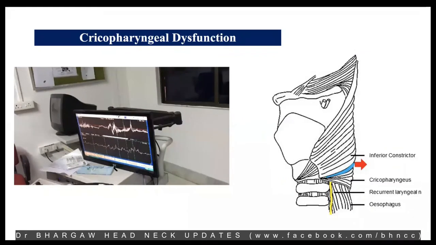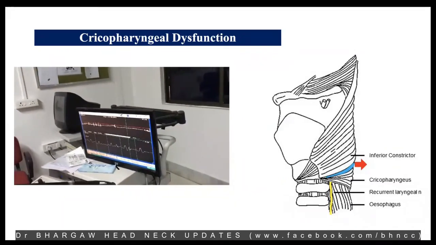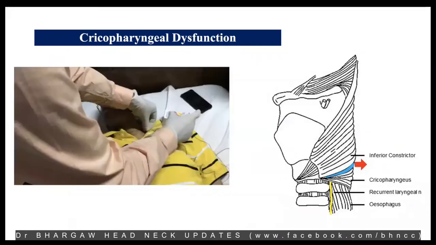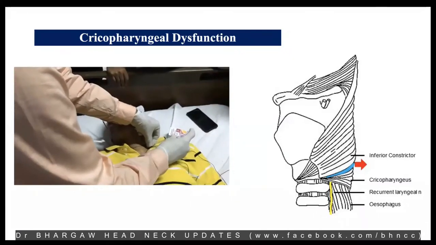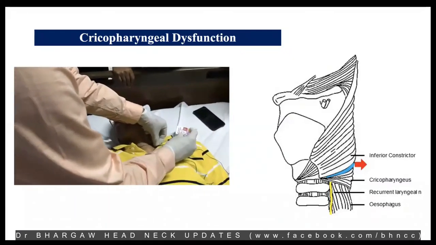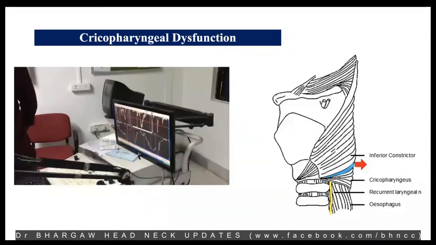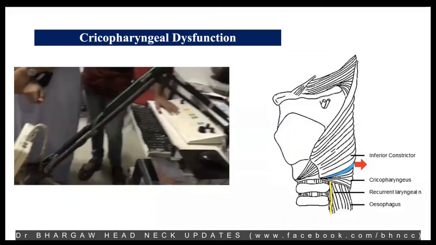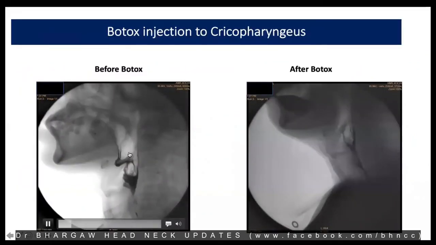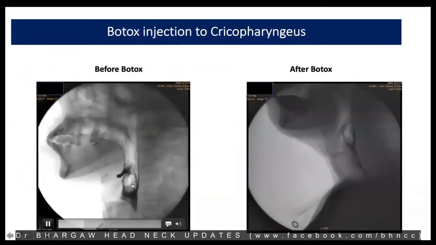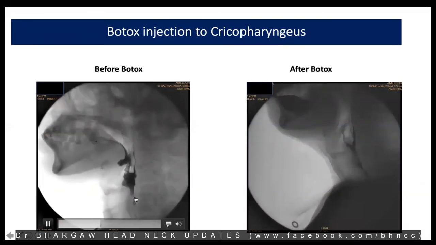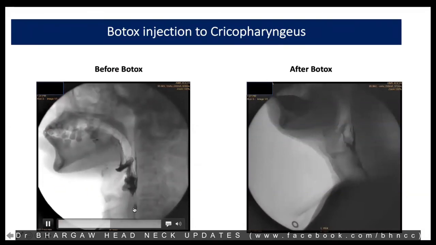He also had a prior stroke many years before his radiation treatment. And on video fluoroscopy, we thought maybe he may have a component of a cricopharyngeal spasm. So we thought we'll give a try of Botox, and you could see that Botox being injected. This is his video fluoroscopy picture before Botox, where you can see a lot of residue, and very little amount of food bolus is going down.